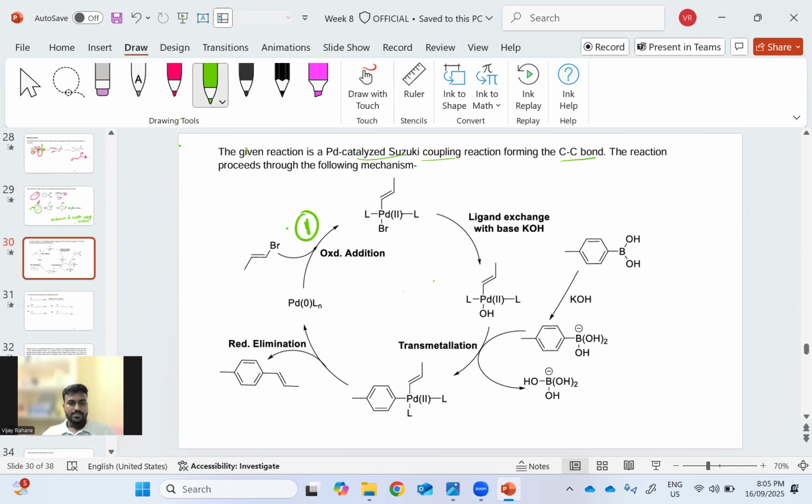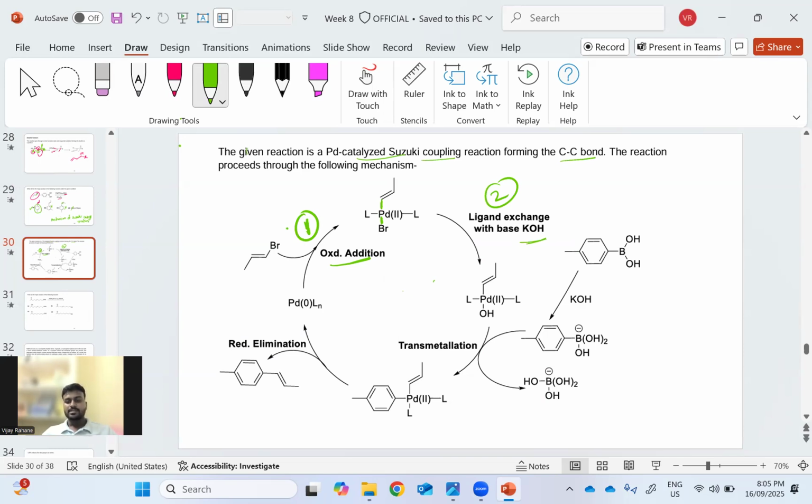So this is the first step. The oxidative addition step takes place. Oxidative addition means palladium is added between the carbon and the bromide bond. This is followed by the ligand exchange. So basically, palladium 2 plus this bromo species, in place of the base, the bromide gets eliminated and OH attacks